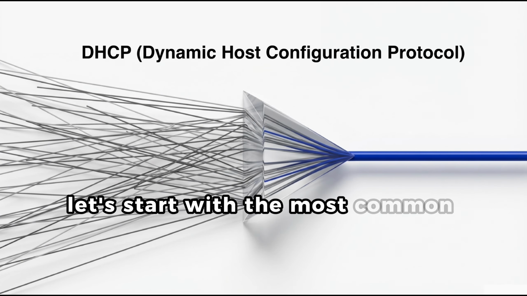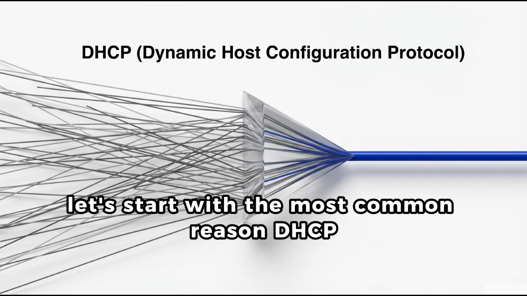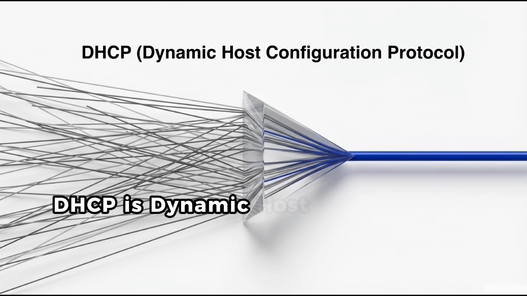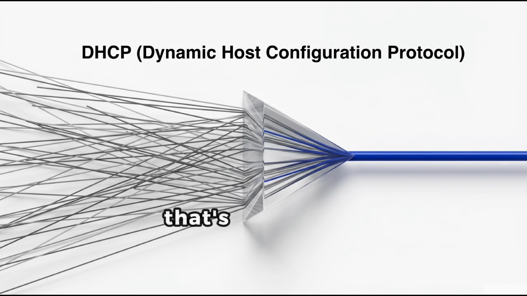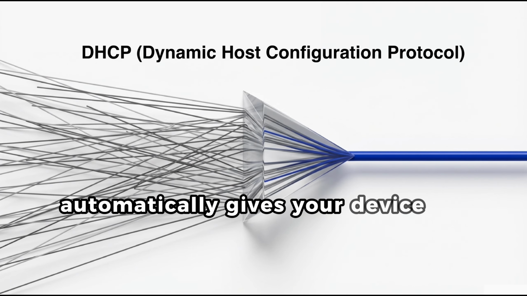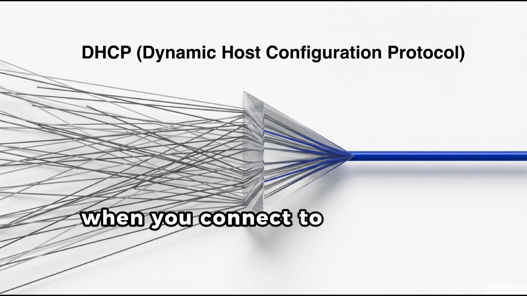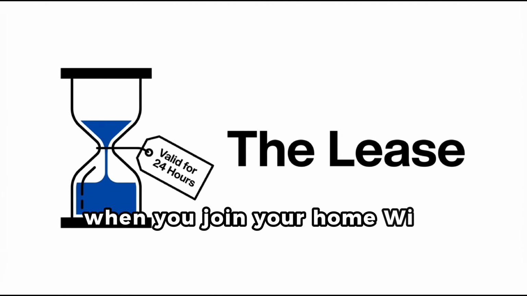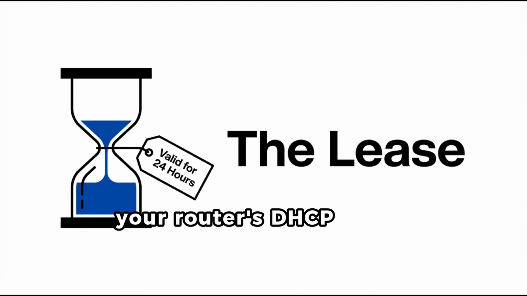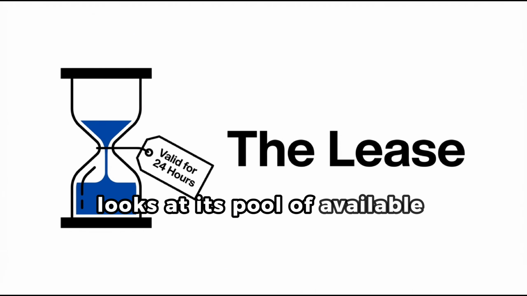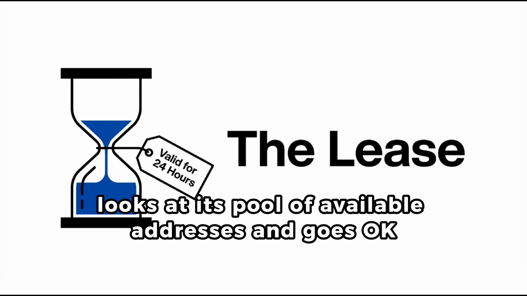So why do addresses change? Let's start with the most common reason: DHCP. DHCP is Dynamic Host Configuration Protocol. That's a mouthful. But basically, it's the system that automatically gives your device an IP address when you connect to a network. When you join your home Wi-Fi, your router's DHCP server looks at its pool of available addresses and goes, okay, you can have